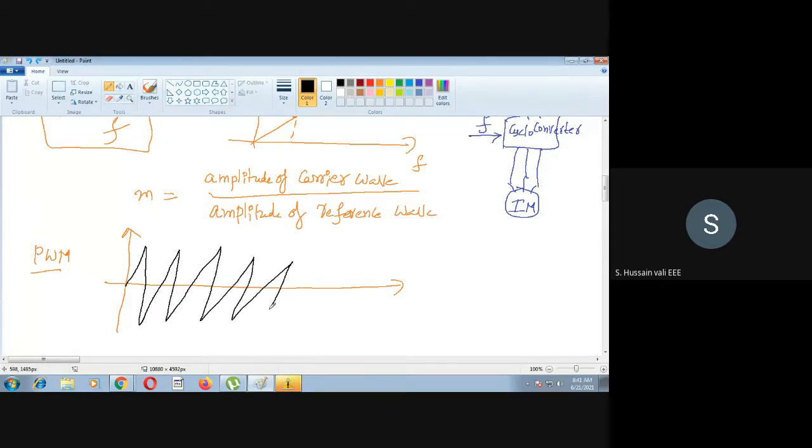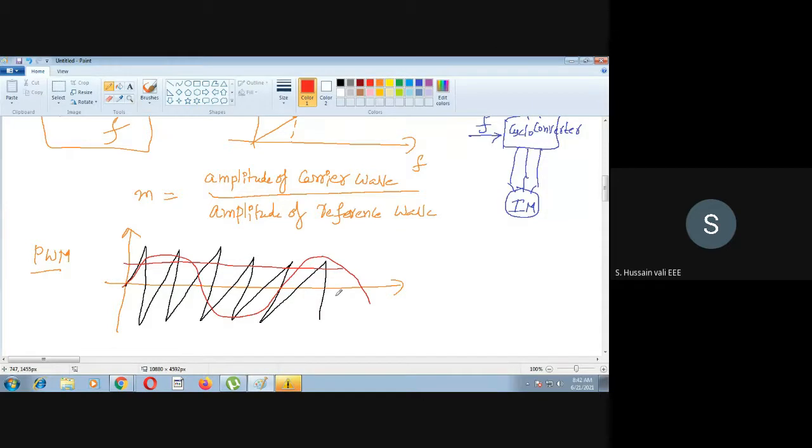The ramp signal here you have like this. Then the carrier may be of several types. For example, the carrier may be a DC value like this, or the carrier wave may be a sinusoidal like this. It depends. Once again, we have different techniques. Sinusoidal PWM is there, and just conventional PWM is there.